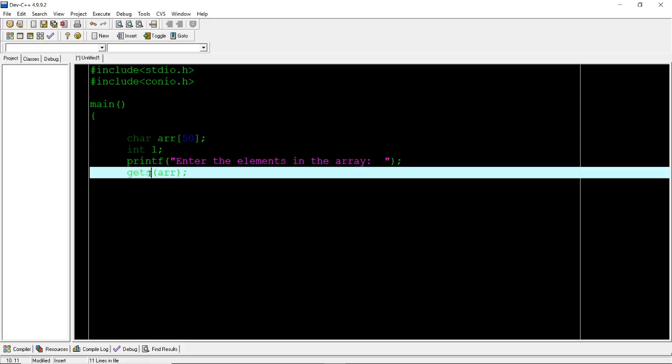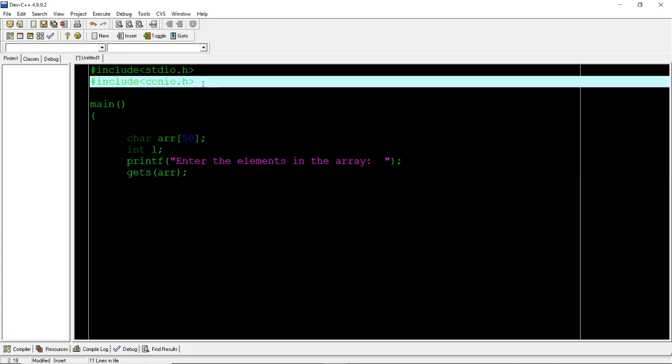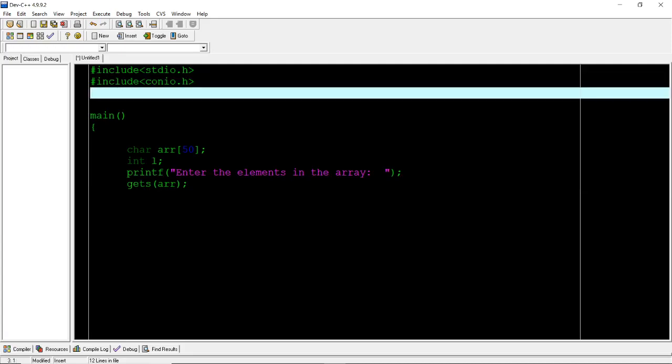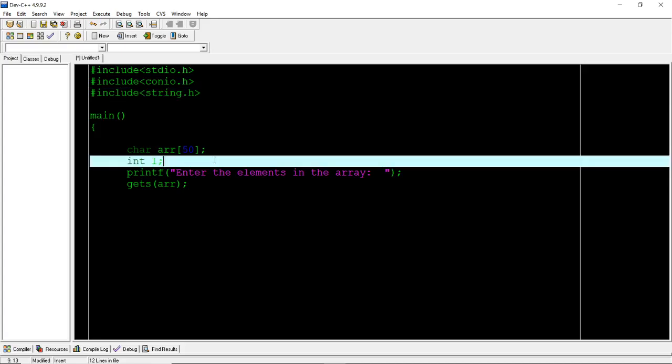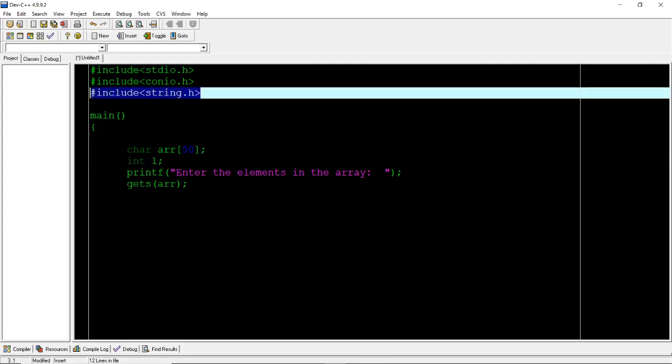Now see, when you have written the function gets, below I will also write another function of string. So this is a string function. For that we have to write a header file. There are many string functions, you can look them up in a textbook or on the internet. Whenever you write string functions, you have to include this header file, because the definitions of those functions are given in this header file.